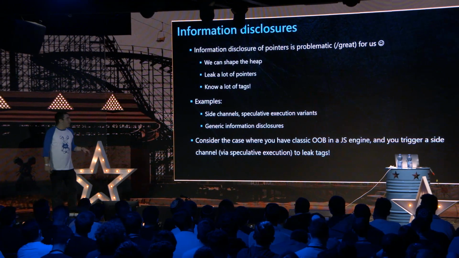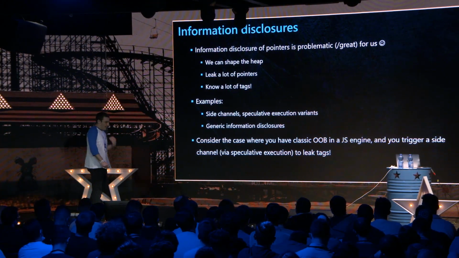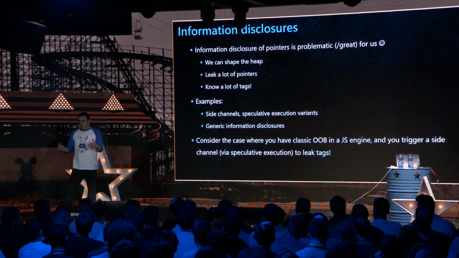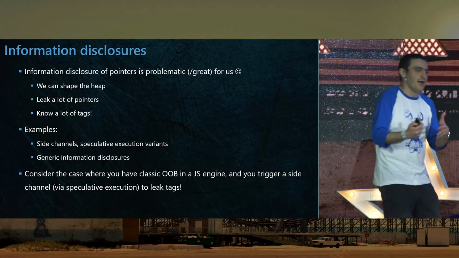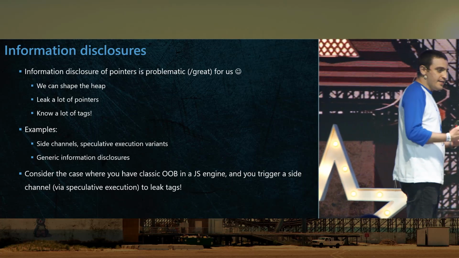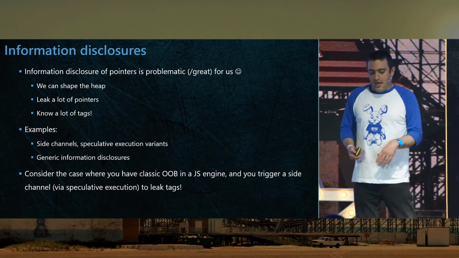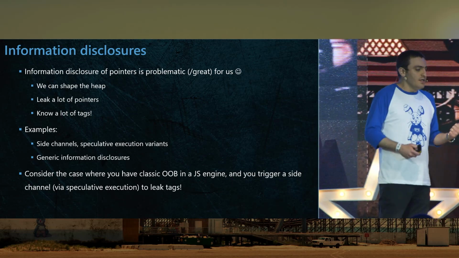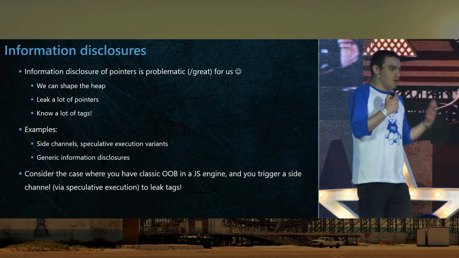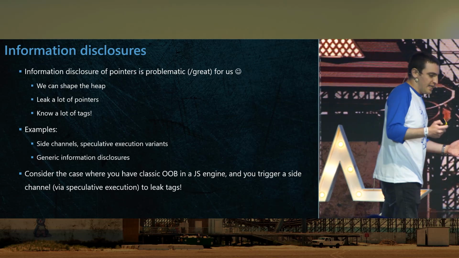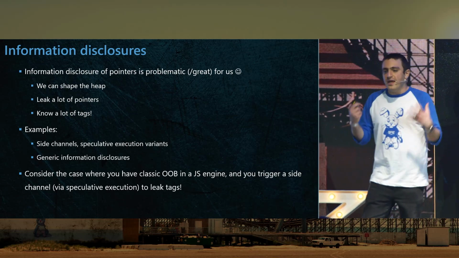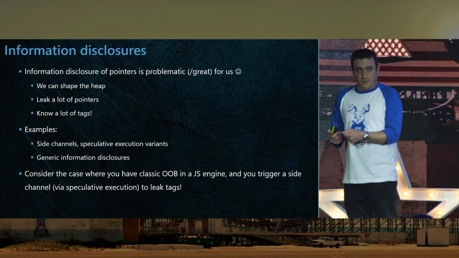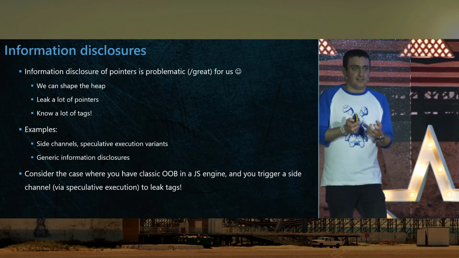Now, leaking stuff. Information disclosures are really problematic for MTE, which means that it's great for us, because if you can shape your heap and leak a lot of pointers, you can know a lot of tags. And with the knowledge of the tags, we can fake pointers. And generic information disclosures are not the only thing that I'm concerned about. Just think about all of the speculative execution variants that we see new stuff on daily, right? Just think about many side channels, right? Everything that leaks a pointer gives you the tag, which is the knowledge, the secret that you need